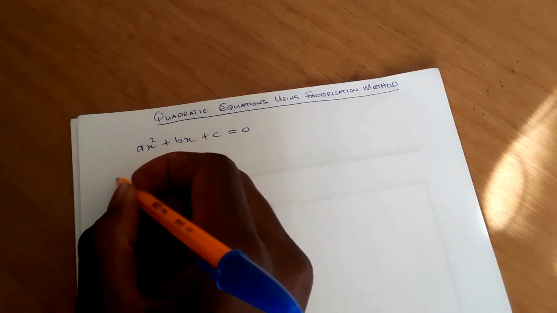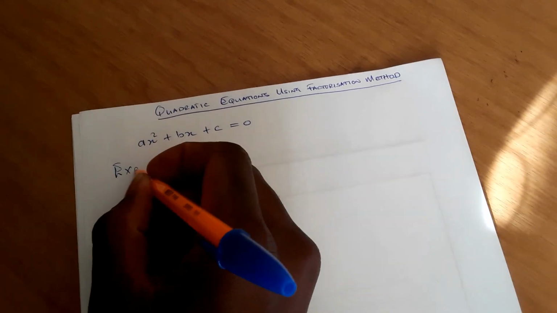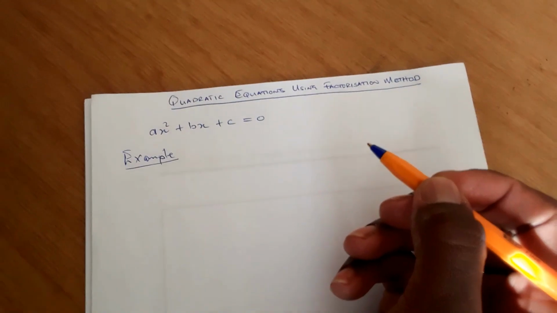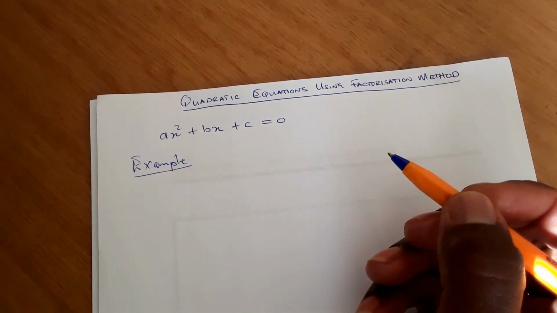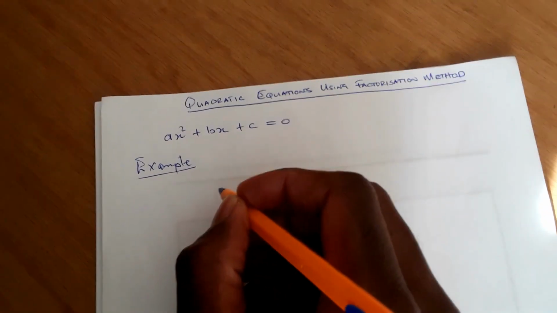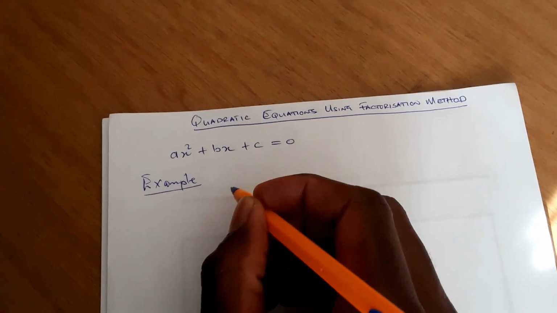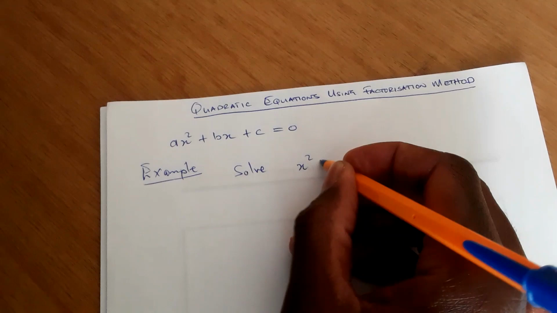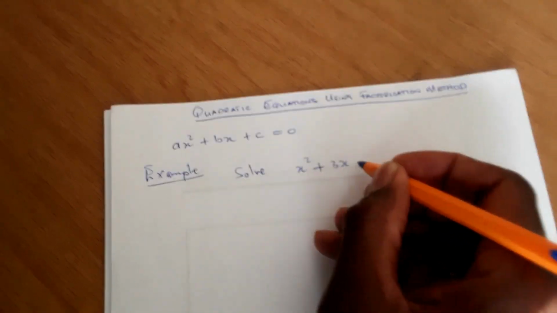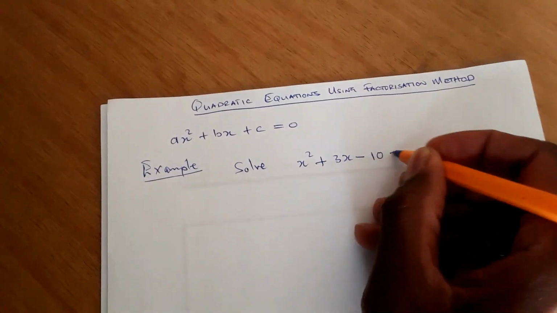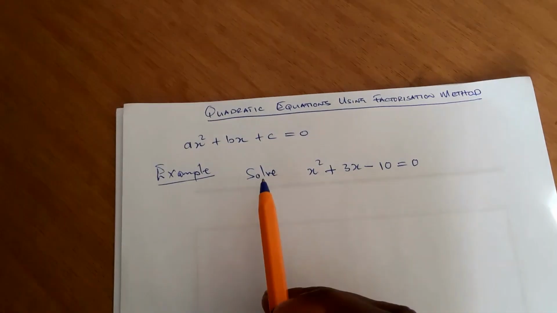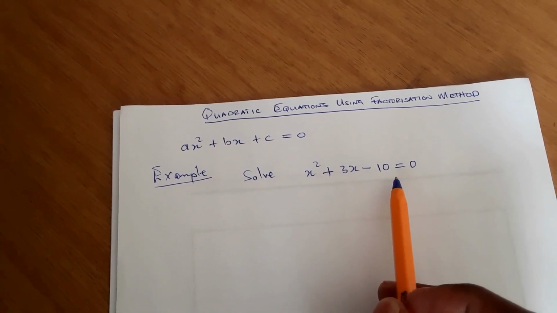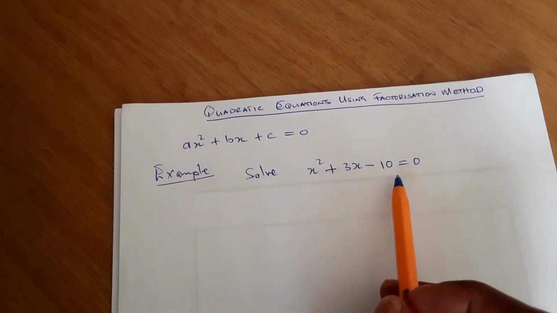So let's say, for example, we are told to solve this quadratic equation. Solve x squared plus 3x minus 10 is equal to 0. So we are given this equation, which is the quadratic equation, and we're asked to solve it using the factorization